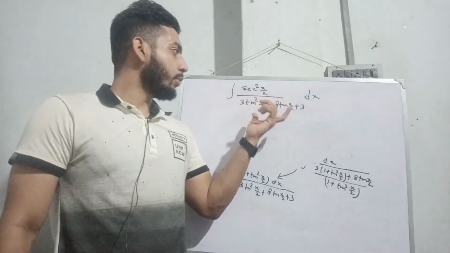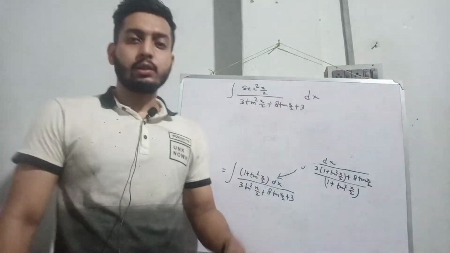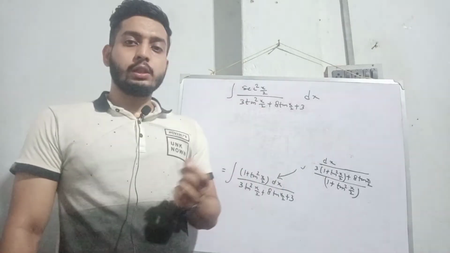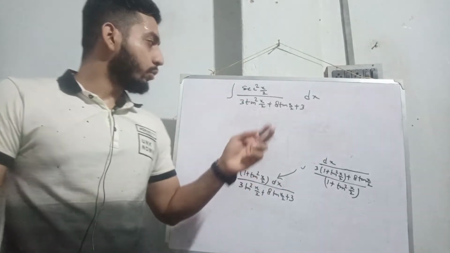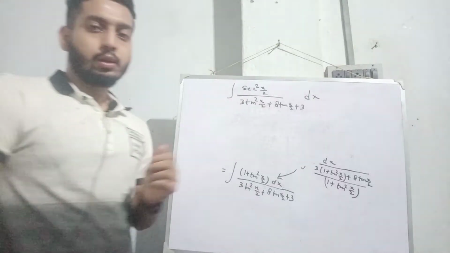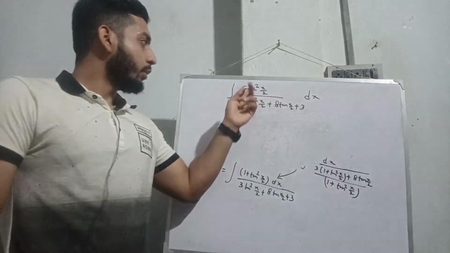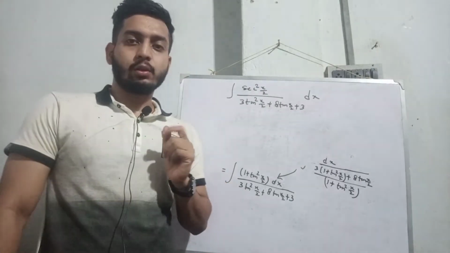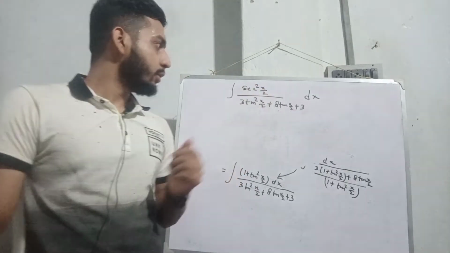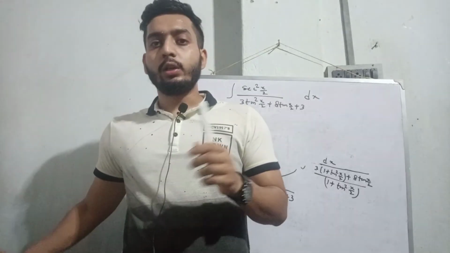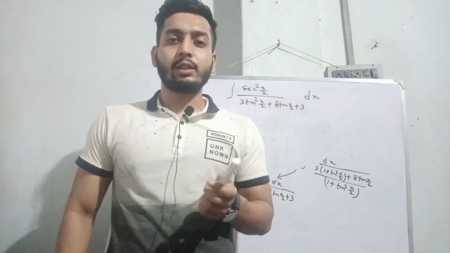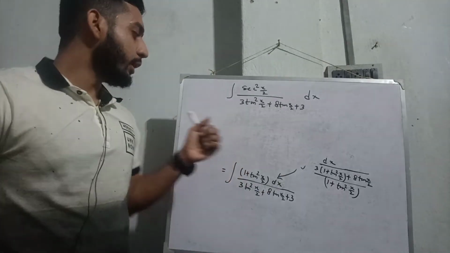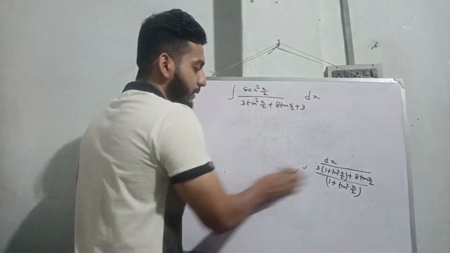We have discussed how to solve this type of integration in the previous cases. So for solving this integration we need to use the substitution method. So we need to take something as z. So what to take as z? Now here the numerator is sec square x by 2. Now we need to find a function whose derivative will be sec square x by 2. We know the derivative of tan x by 2 is sec square x by 2 times half. So we have to take tan x by 2 as z here.